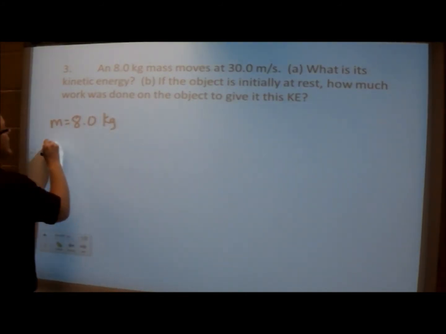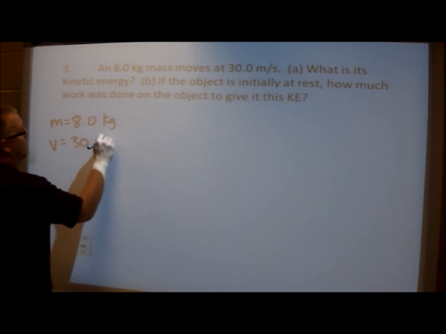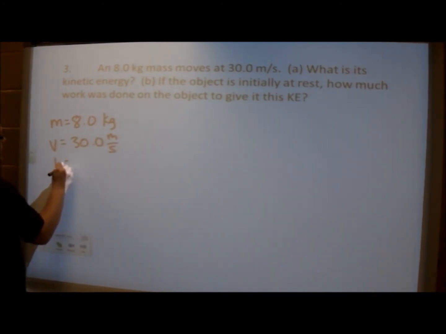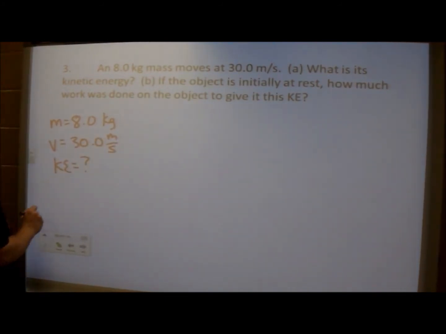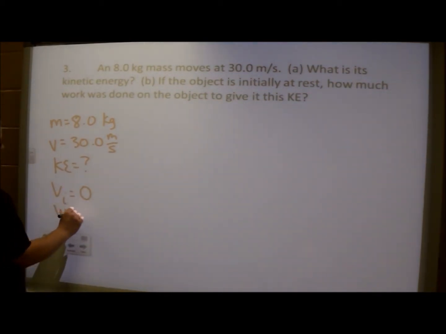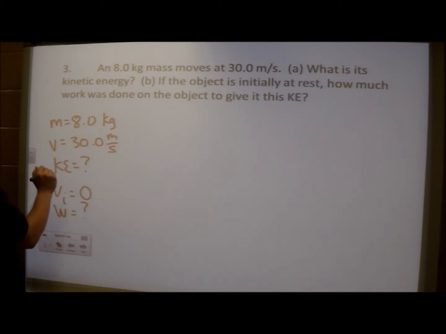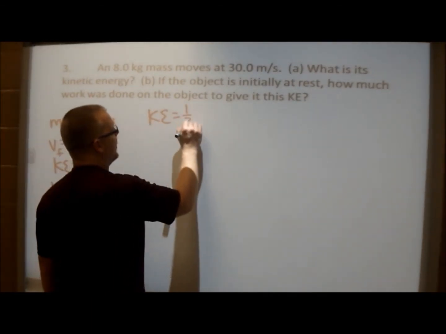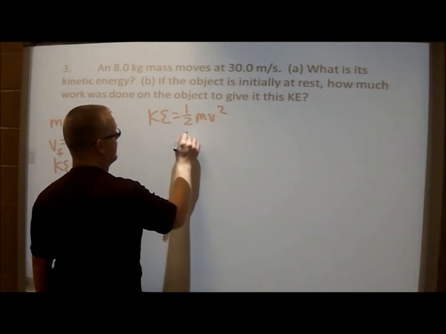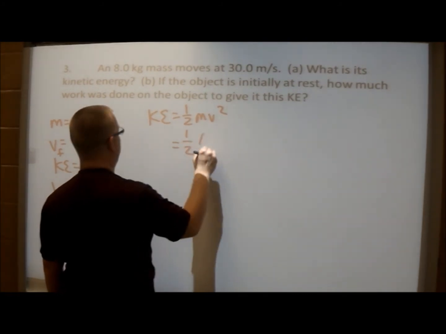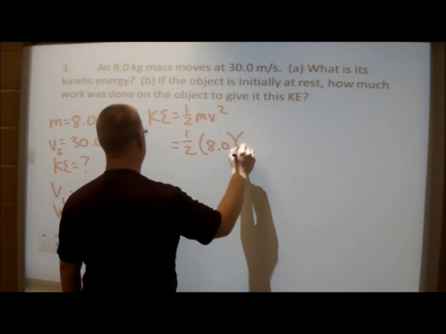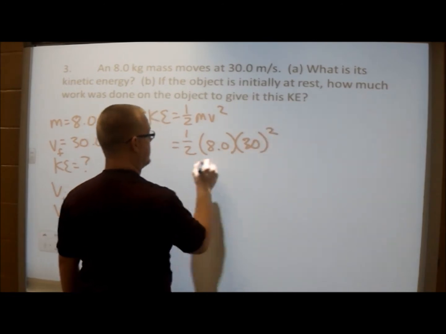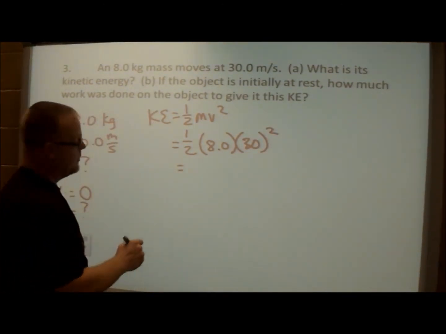Number three, an 8 kilogram mass moves at 30 meters per second. What is its kinetic energy? If the object is initially at rest, how much work was done to give it that kinetic energy? So this must be the final velocity there. So kinetic energy, our formula for kinetic energy, 1/2 mv squared. So 1/2 times the mass times the velocity squared. And when we work that problem, we're going to get